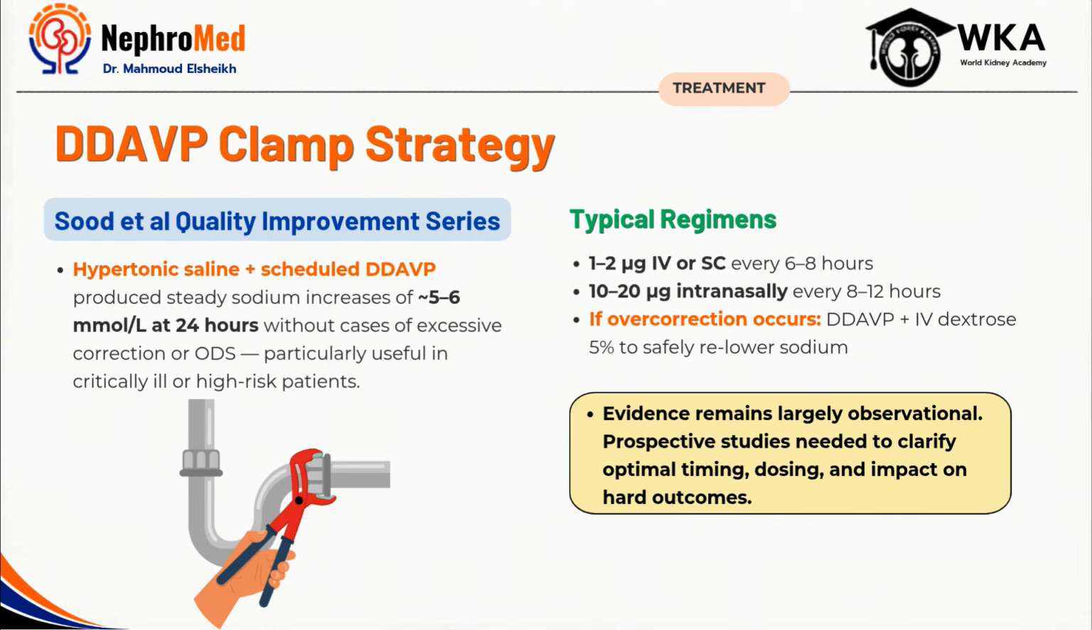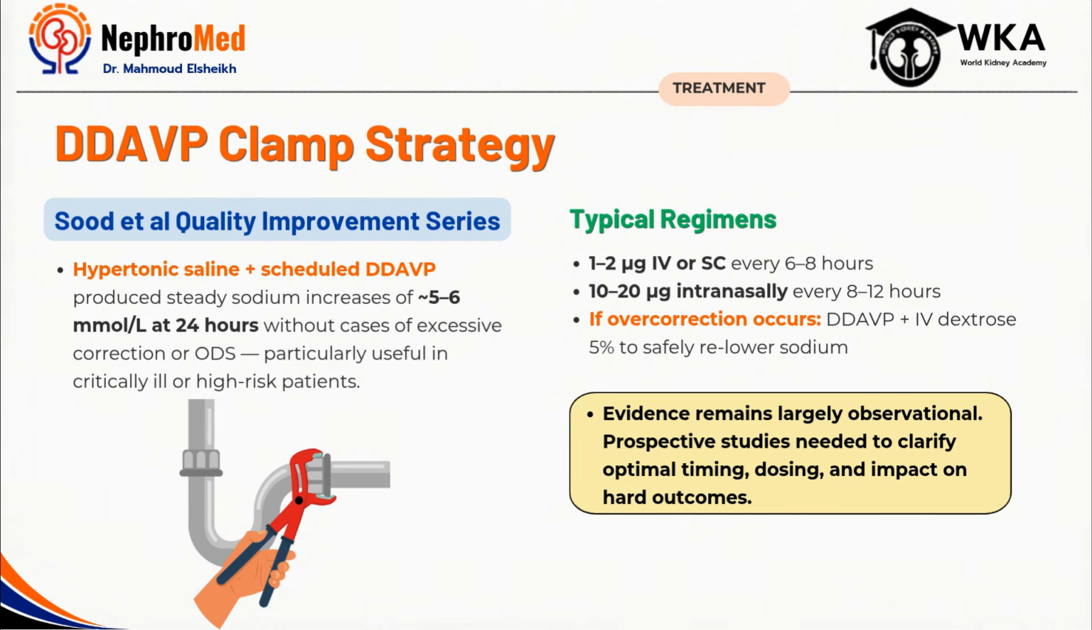This approach became popular after observational studies and quality improvement series, including the work by Sood and colleagues, showed that combining scheduled DDAVP with hypertonic saline produces a very steady, controlled sodium correction, typically around 5 to 6 millimole per liter over 24 hours, without excessive overcorrection or ODS. And this is particularly valuable in critically ill patients, very high-risk patients, such as profound chronic hyponatremia, alcoholism, malnutrition, hypokalemia,